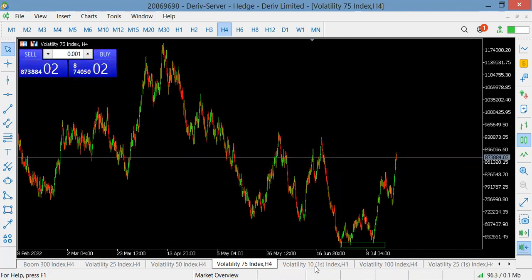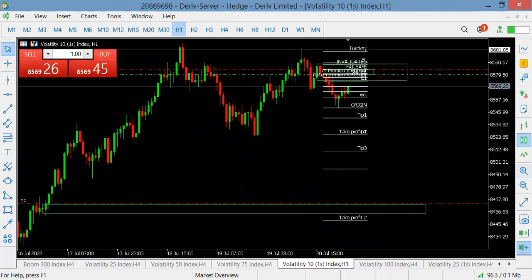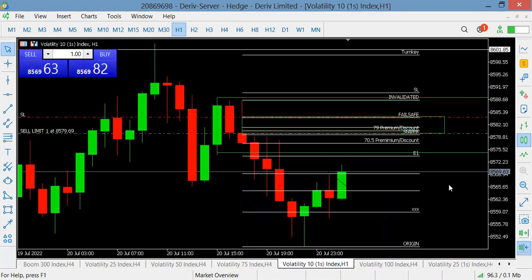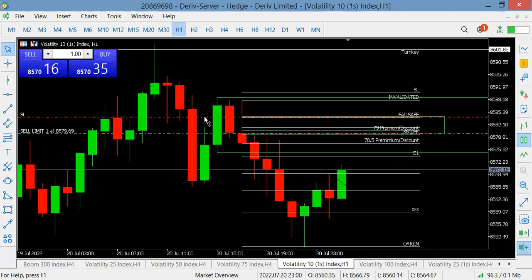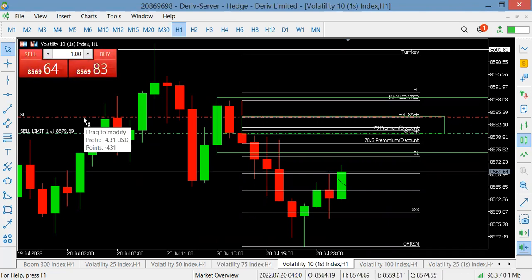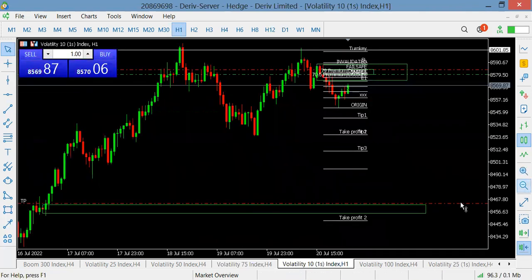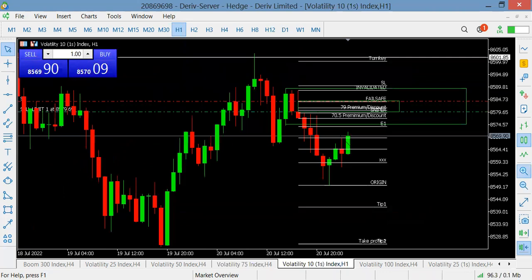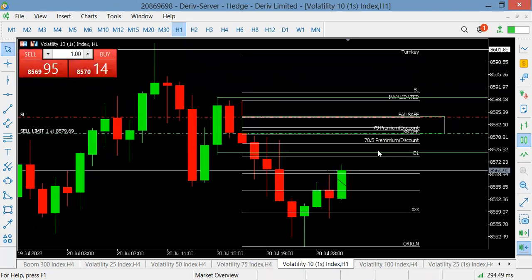Also, I think I placed a trade. Let me see. Yes, I placed a trade on this VIX 10, and this is my entry. Just risking about $4 to tap in close to around $115. Basically, guys, you know I'm not a scalper, I'm a swing trader, and this is what I do. So, guys, I'm hoping price taps me in and hopefully does not take me out,